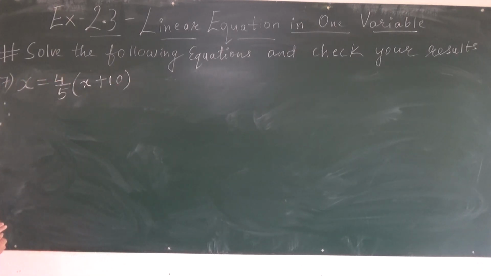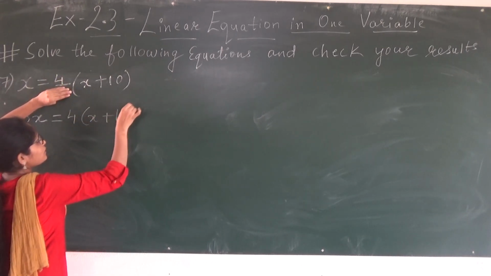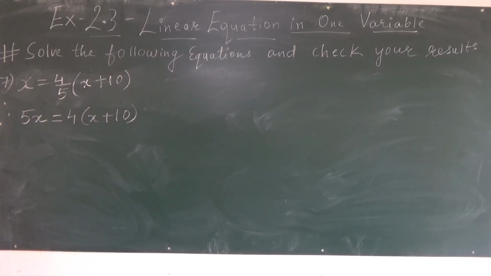Okay, so what you can do is you can multiply 4 here in the bracket and 5 is in division, so you can shift 5. So this 4 upon 5, we need to start with this. Okay, so first of all 5 is in division, so 5 we will take this side. One by one we will remove the fraction. So 5 will come here, so 5 into x, 5 into x will be 5x. Okay, and here now 5 is removed. So what is left? 4 into bracket x plus 10. So this we are getting next step.